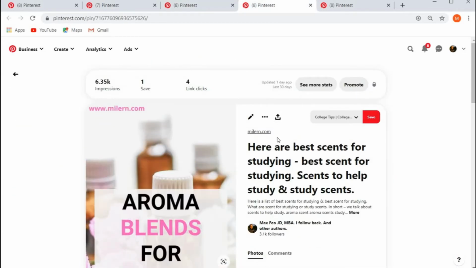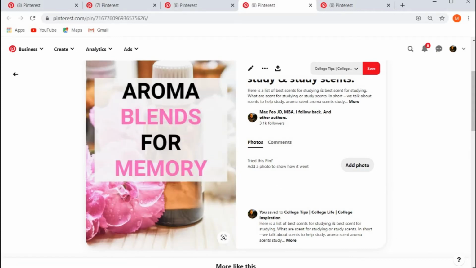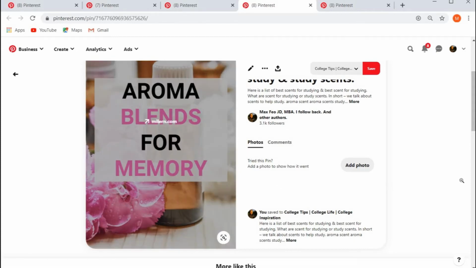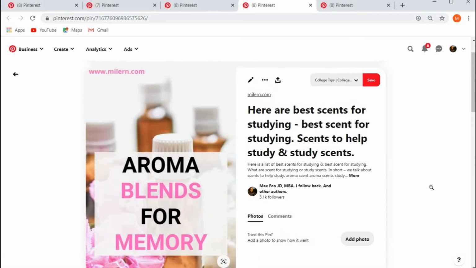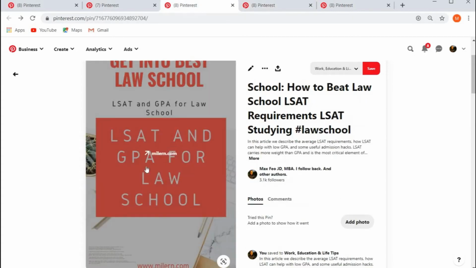This is a newer pin. It's less than a month old. You can see I use different colors. I tried to match the colors of my text, and see there is a flower here the same color. I accidentally found this picture. So while this pin is not spectacular in terms of design, it's simple, at least it doesn't leave this ugly impression. This one leaves me kind of an ugly impression.